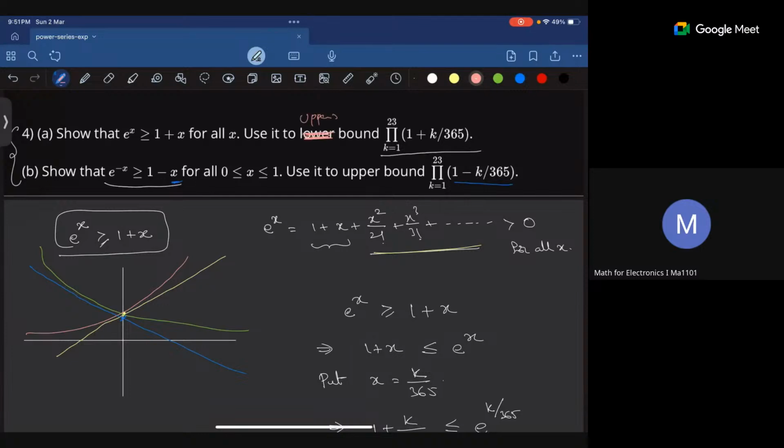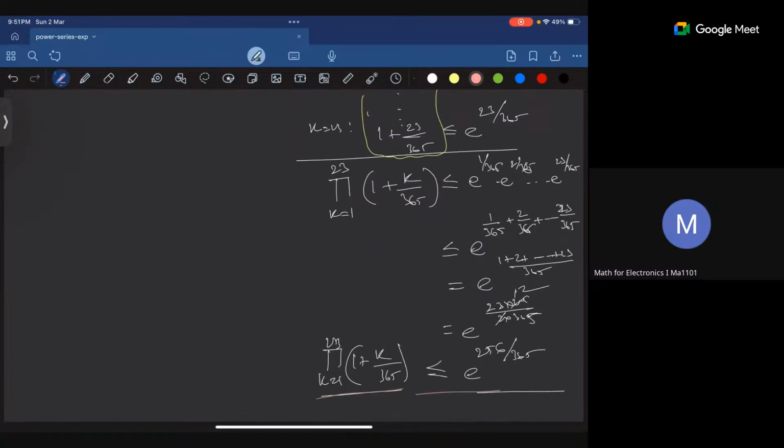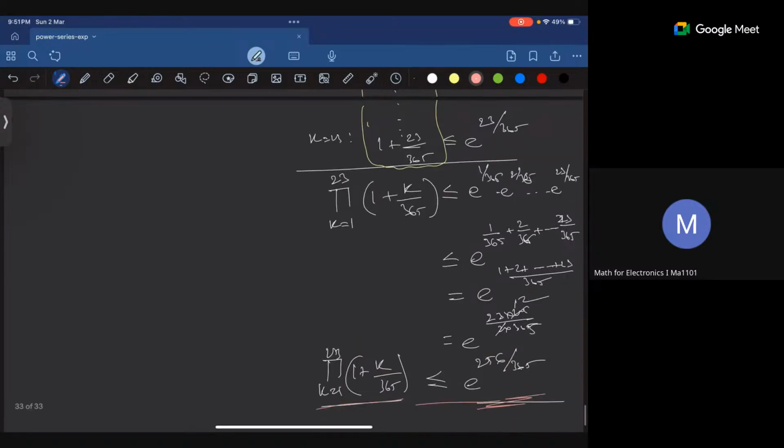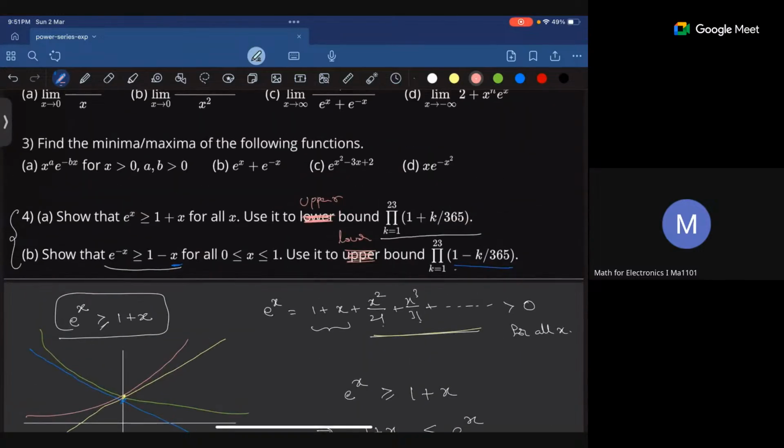I think the professor also corrected this in the lectures, so take a look at the lecture. So this is an upper bound. This will never be greater than this particular value, which says that this acts like an upper bound to this expression. Similarly, you will get a lower bound for this expression. In place of x, you just substitute k by 365,